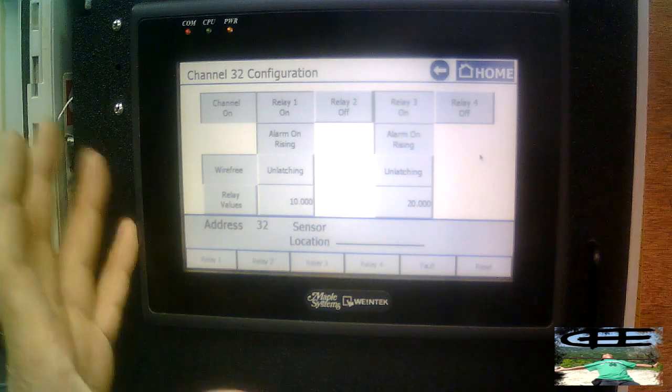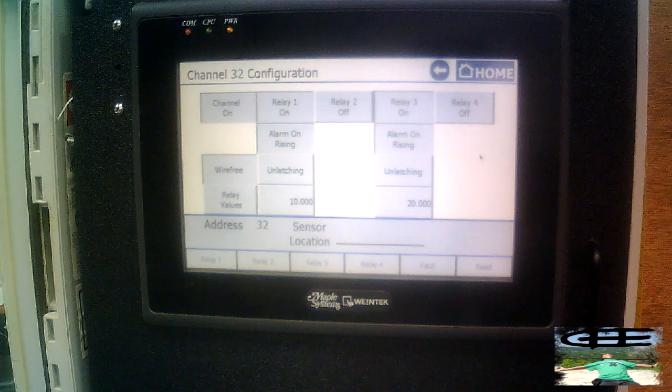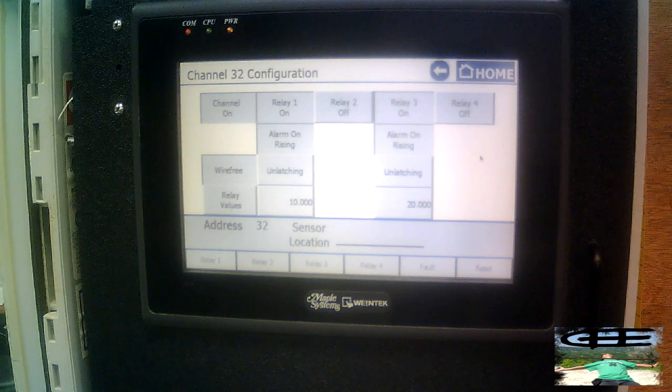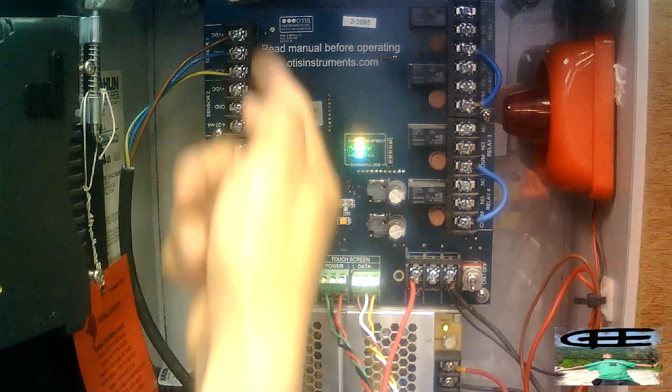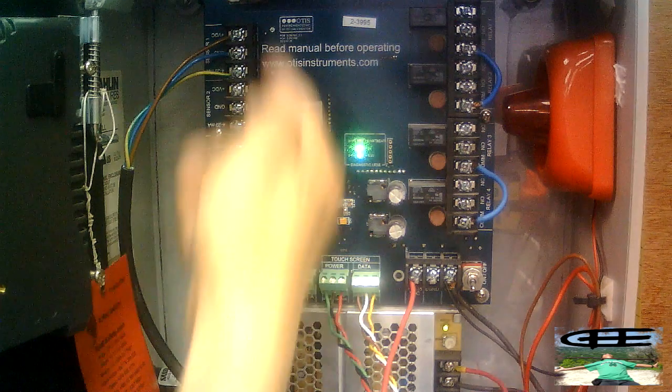So on this panel you can install 4 sensors, which is 4 to 20, starting 29, 30, 31, 32. So these are the connections that you can place.